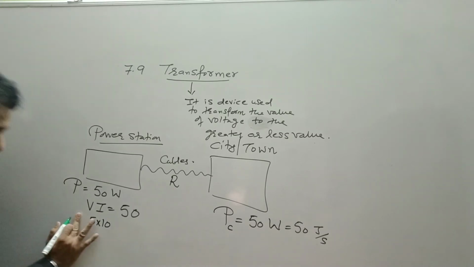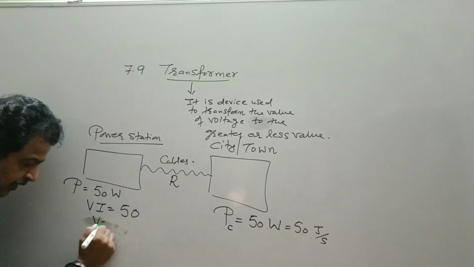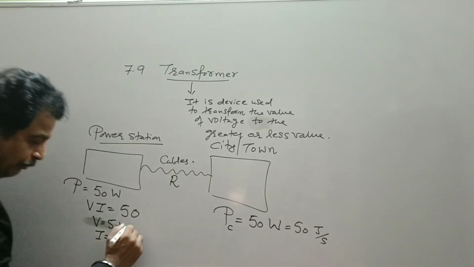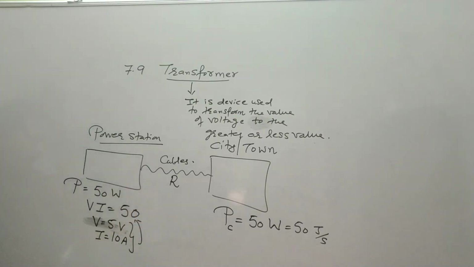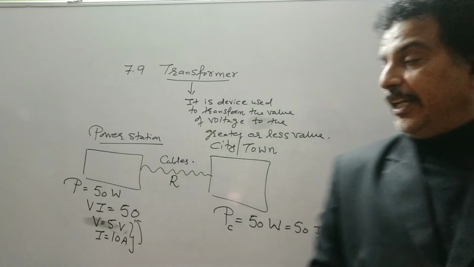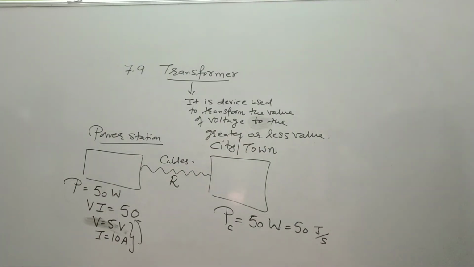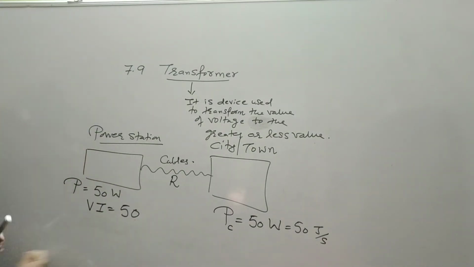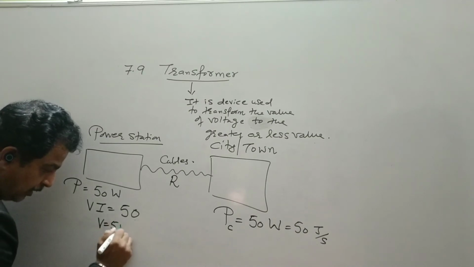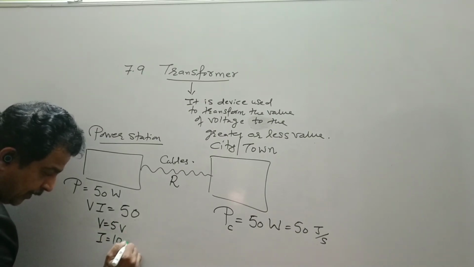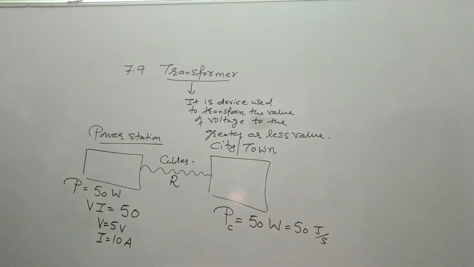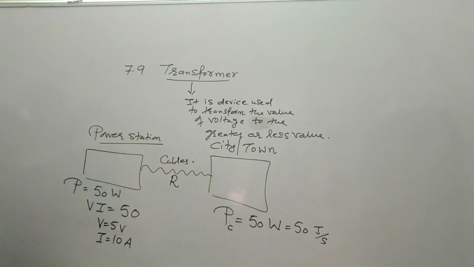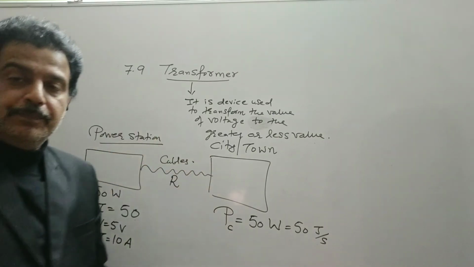It means the voltage V is equal to 5 volt and I is equal to 10 ampere. So the power transmitted or power production at the power station is 50 watt. So we are assuming that the V here is 5 volt and the current flowing is 10 ampere. So if the potential difference of 5 volt is established between these 2 points, then 10 ampere of current will flow through the